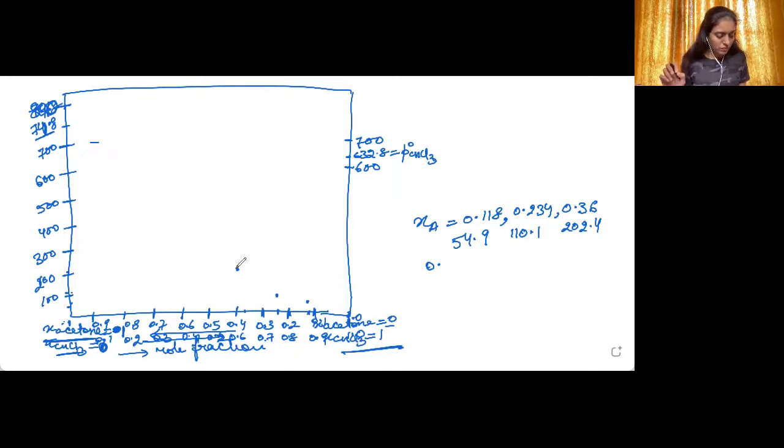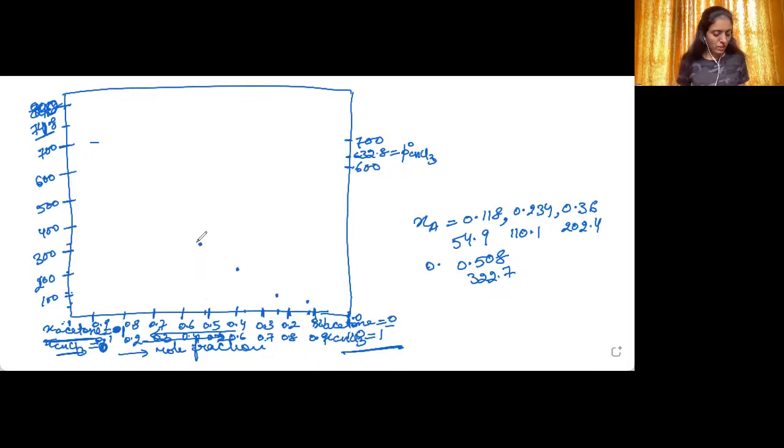Okay. Then next is when the mole fraction is 0.508, the value of vapor pressure is 322.7. For 0.508, or 0.51, we can take approximately here. The vapor pressure is 322.7, so it will be approximately here. Because I'm not using a bar graph here, I'm taking only the approximate values.